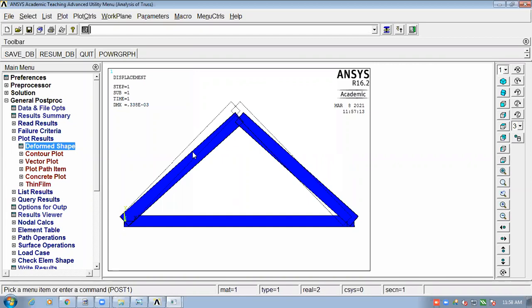Is it okay or not? Okay, so I hope, because I got the message, it's understood. So I hope this query has been resolved. Now come back to this problem.